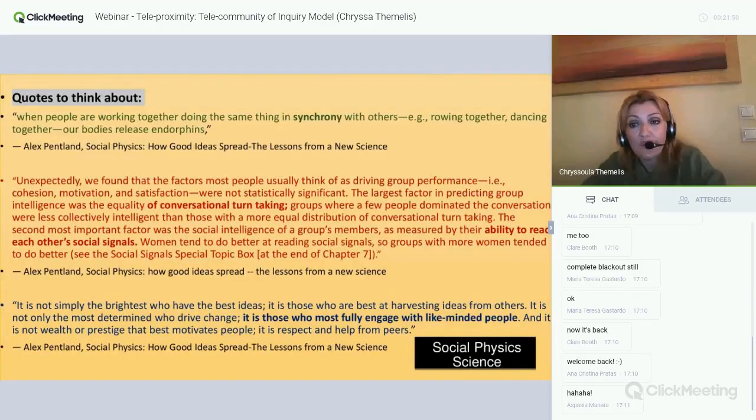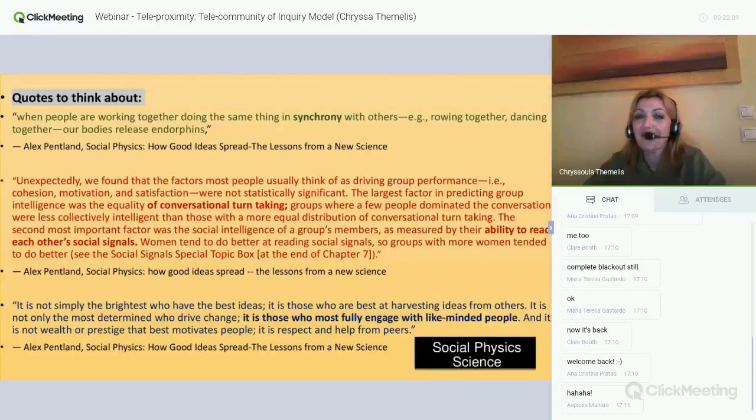Another issue that affected group performance was the ability to read each other's social signals. Women tend to be better at reading social signals, so groups with more women tend to do better. This is what big data say.